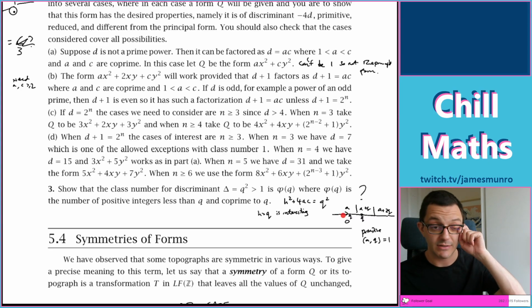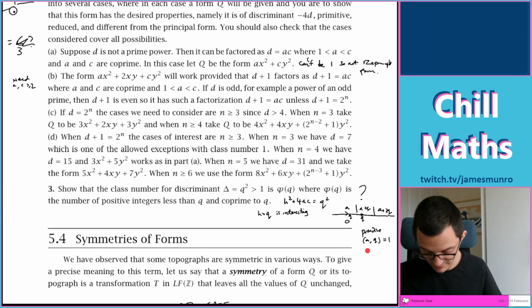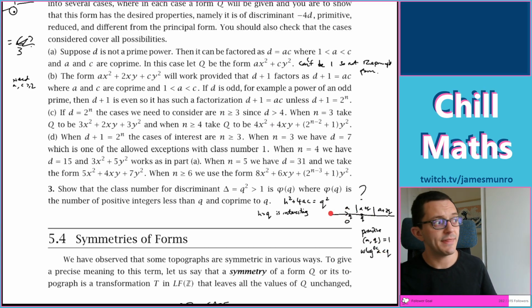Any choice of a between 0 and q that's coprime gives us a string like this, and they're different. So then all I need to check is that